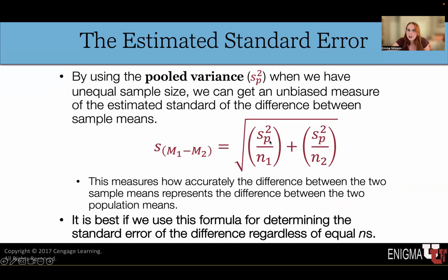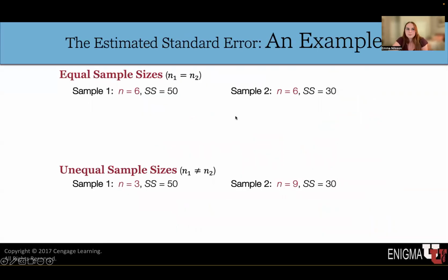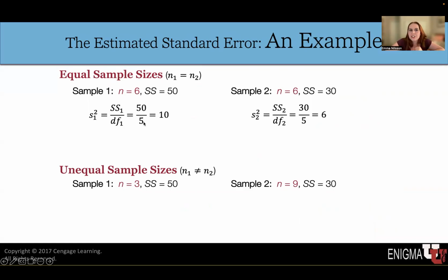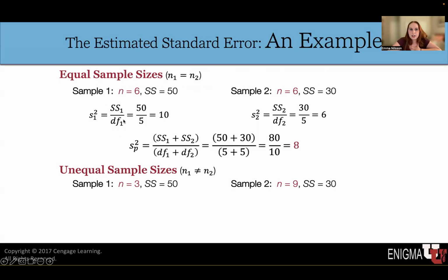for determining the standard error of the difference, even if we have equal sample sizes. We generally just use this one just to be safe. So here's an example. If we have equal sample sizes, the sample size is 6 for both of these. We're still going to use the pooled variance. We're going to calculate the pooled variance for sample 1 and for sample 2, and then we'll add them together and we get 8. If we have unequal sample sizes, so sample 1 has 3, whereas sample 2 has 9,